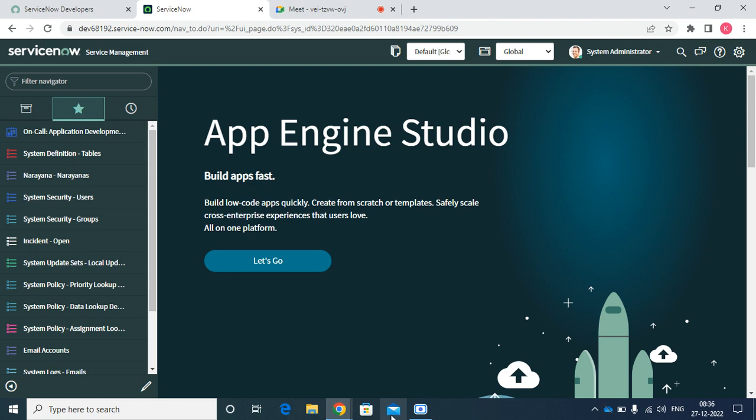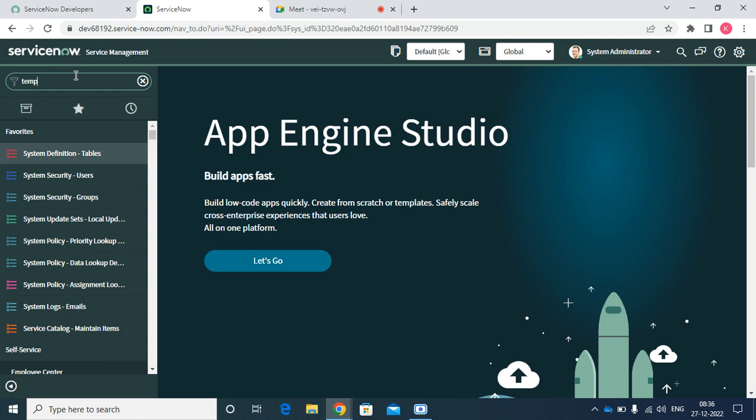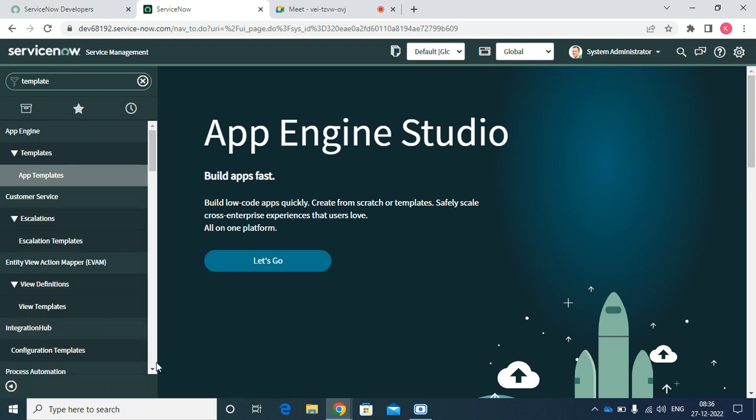So if we have to do it manually, instead of doing manually, the motto of ServiceNow is that everything should be automated. So we will schedule a job, and from that scheduled job, we can create all the stuff. So before that, we have to create a template, schedule templates. If we go to the templates,